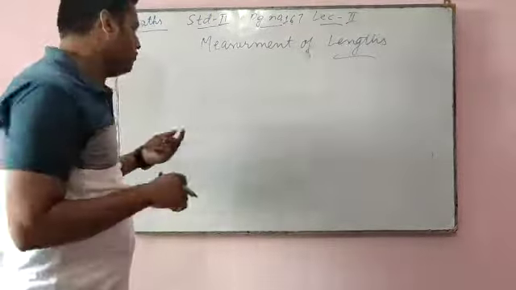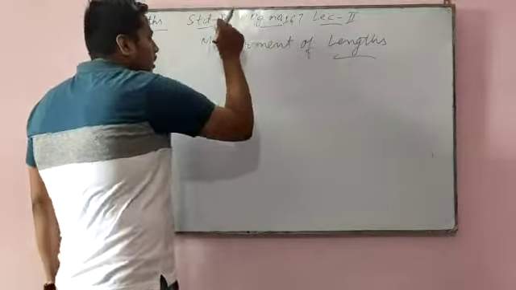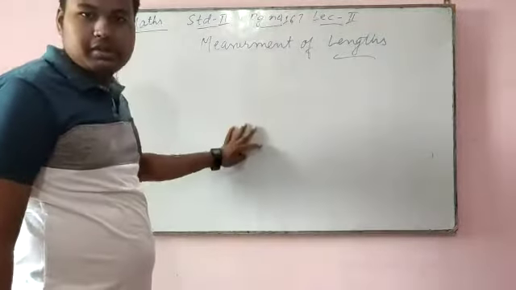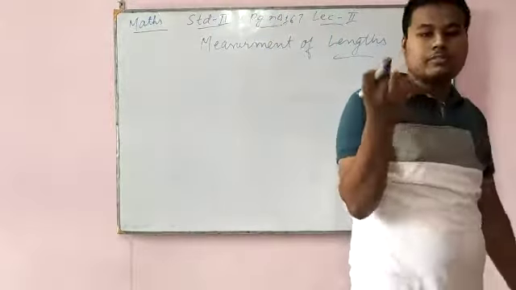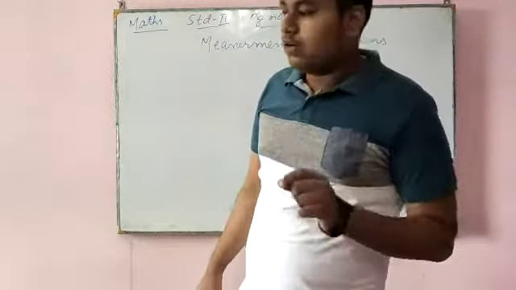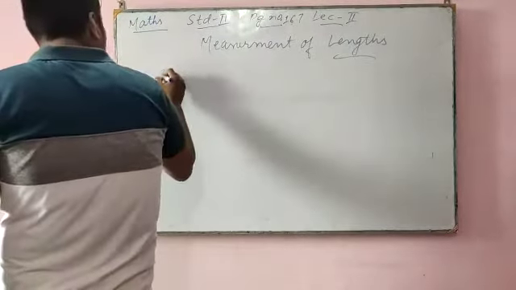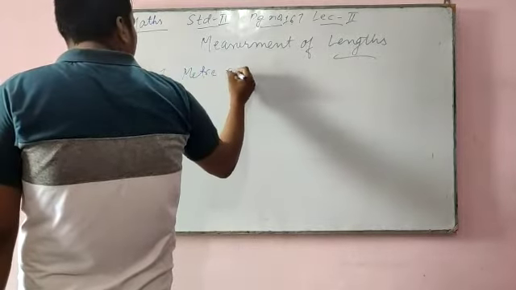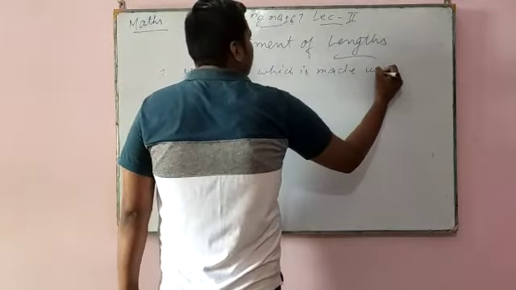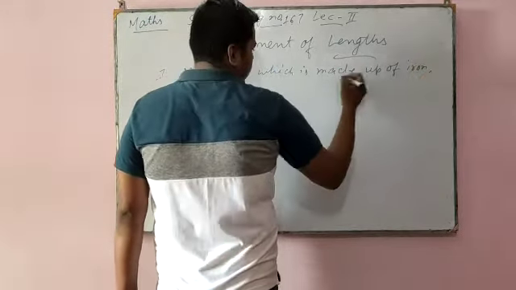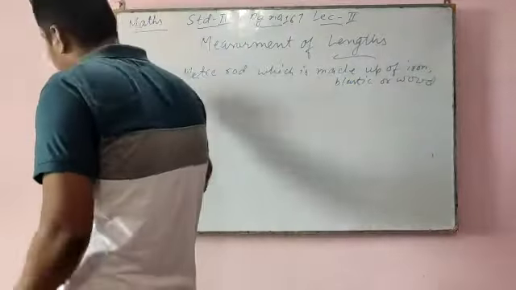If we have to make any geometric figure, or if we have to draw any centimeter length, any meter length in our copy, then we use a scale. It is made of plastic also, iron also, and wood also. So this is the first thing: the meter rod, which is made of iron, plastic or wood. Nowadays people use this form.